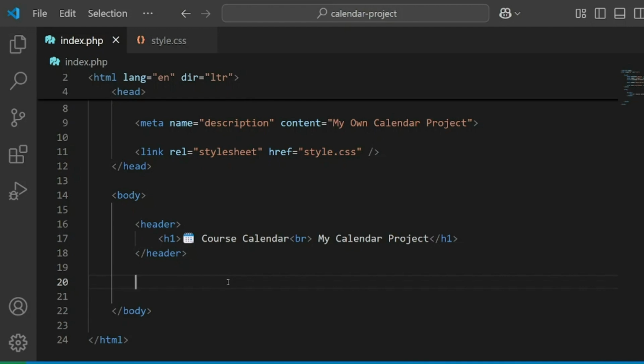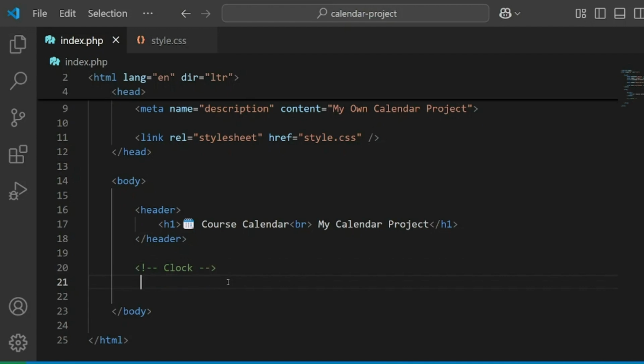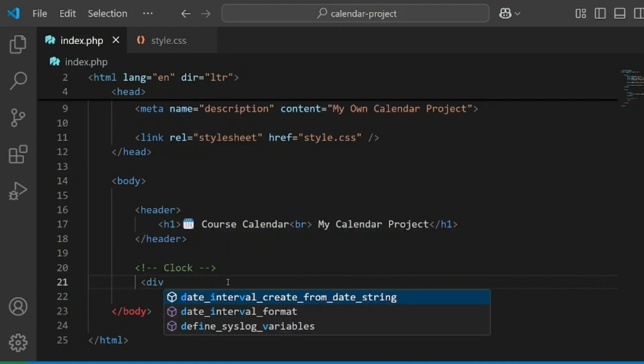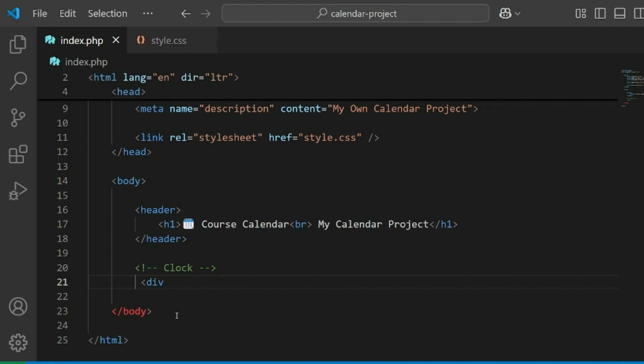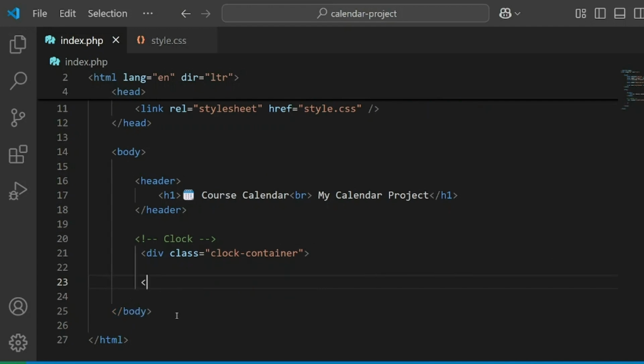So we want a clock. So let's write a comment in here, clock. Let's create a div element. So div is short for division. Div class equals clock container, clock dash container. And then inside this div element,